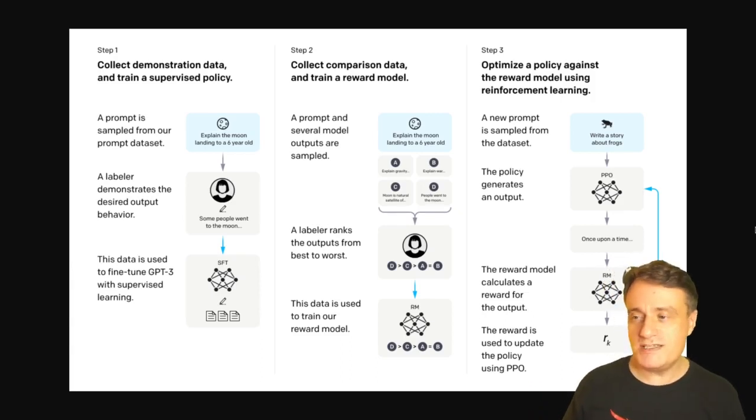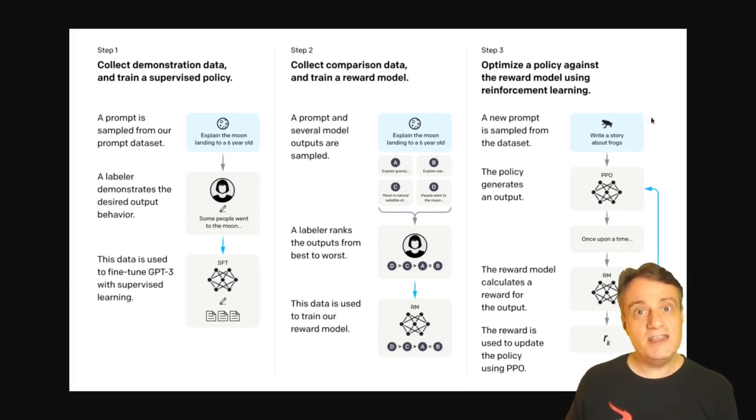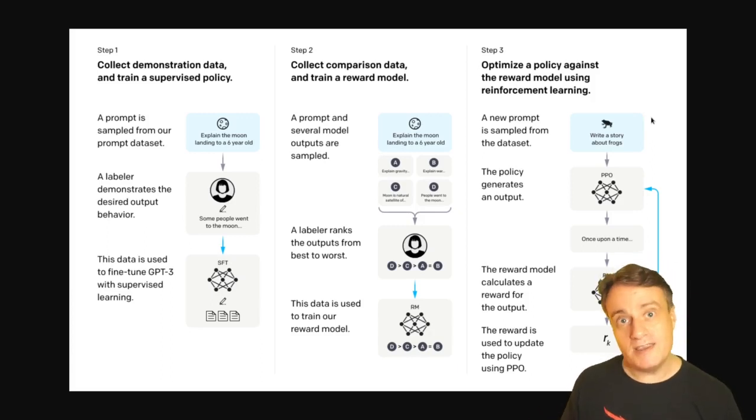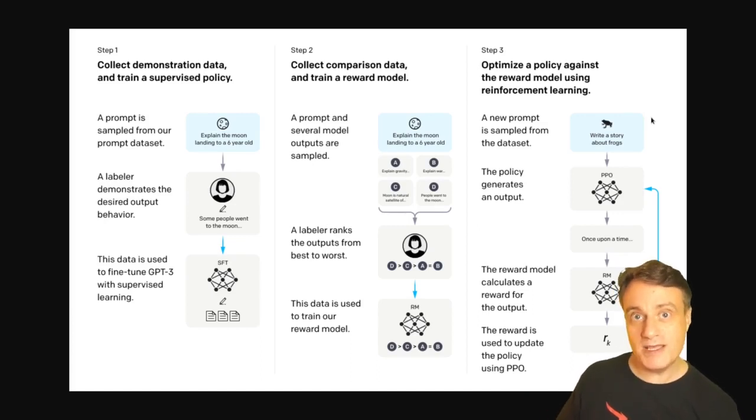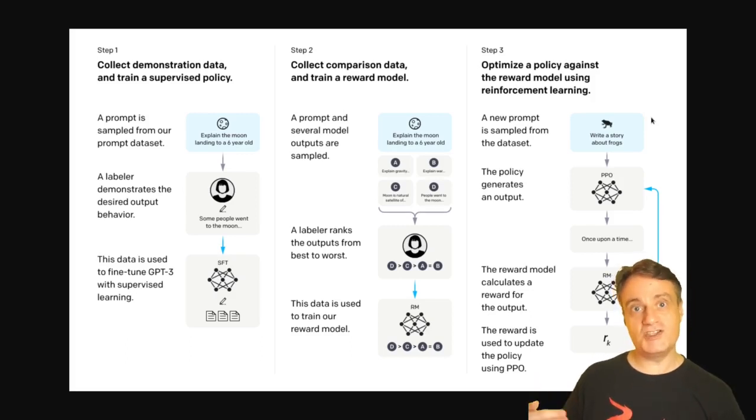This is what happens in the third phase: we take the reward model that we just learnt, and we feed quite a large number of possible scenarios into the big model, get it to produce outputs, and then rate them according to this reward model. Basically there's a loop here where the reward model leads the big model to prefer outputs which are better as far as the humans would be concerned.